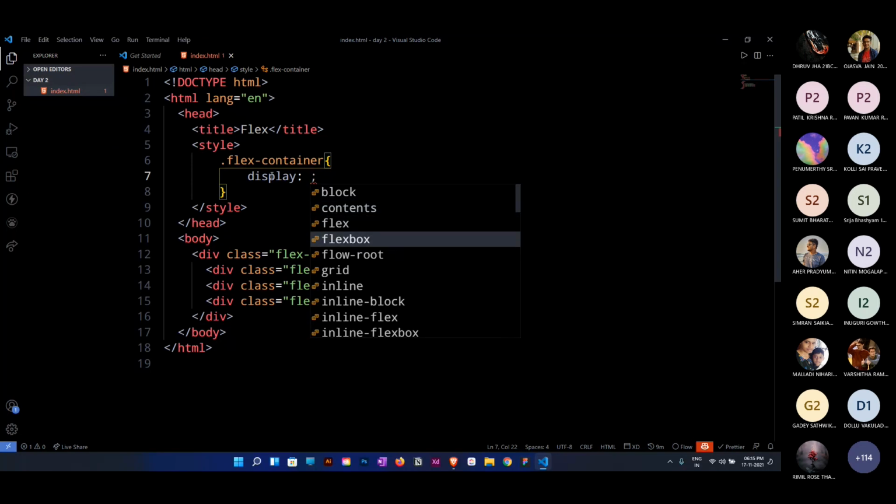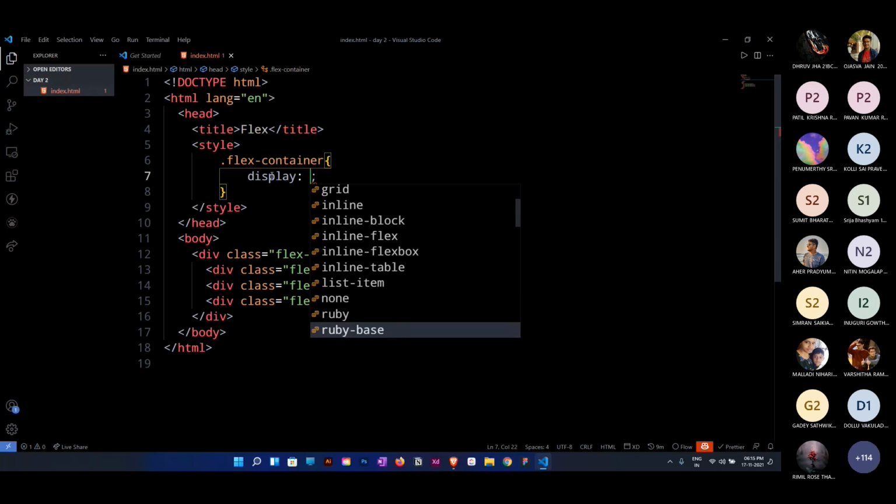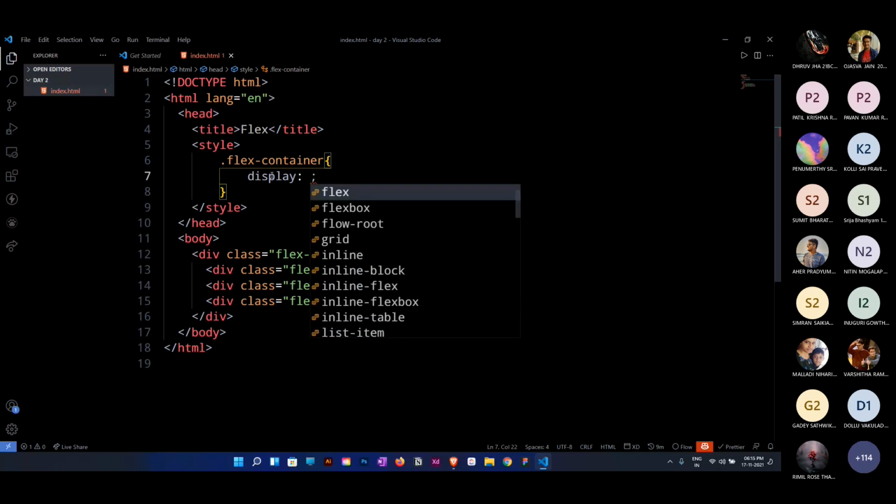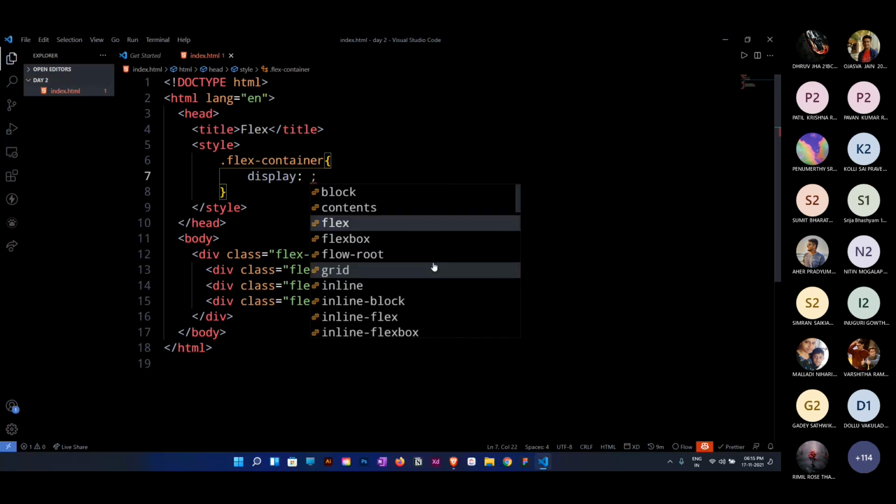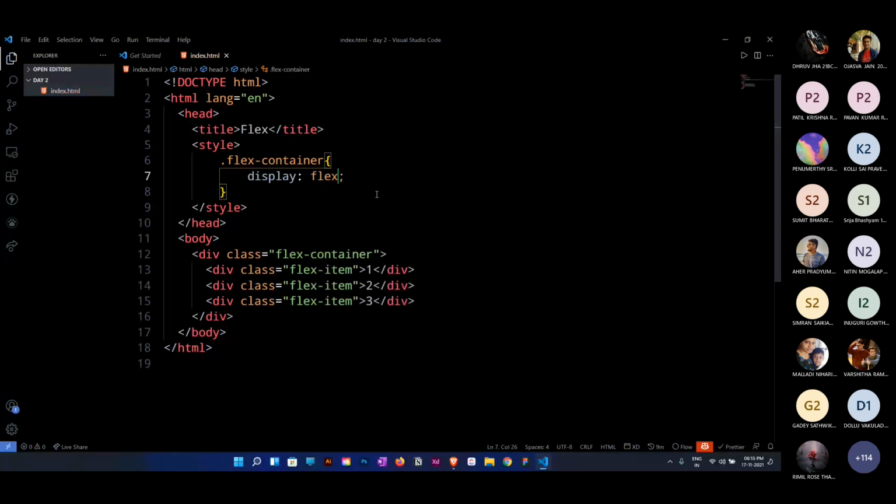Flex and flexbox are both sort of similar, and a comparison of these things is an advanced topic. Grid and flex are the most important display properties, and inline-flex is relatable to flex. We don't need to know about all these properties. There are a few important ones: flex, grid, block, and inline. Now, first of all, we are talking about the flex property. What will it do? Let's see. Before doing this, let me uncomment this and show you how it will look on the website.